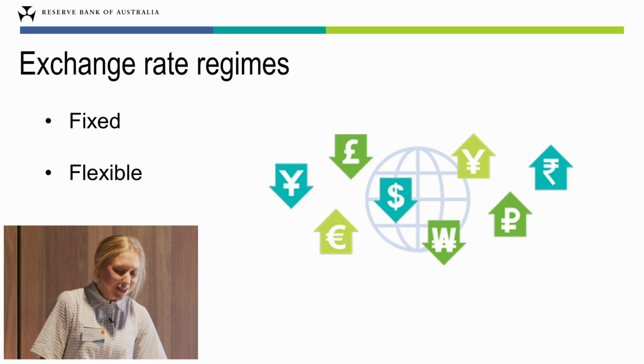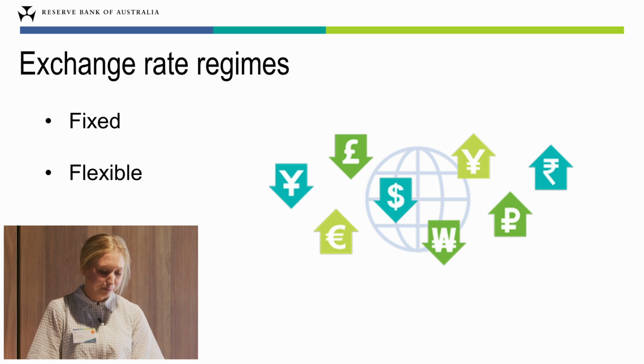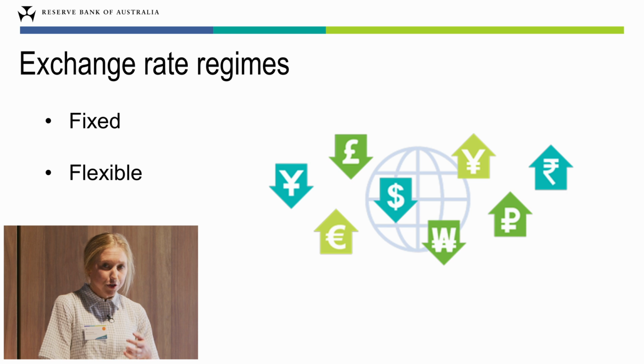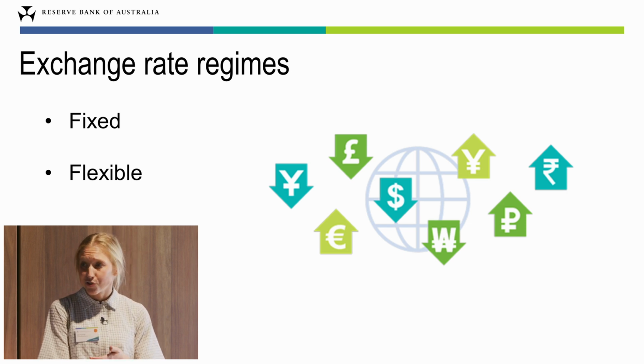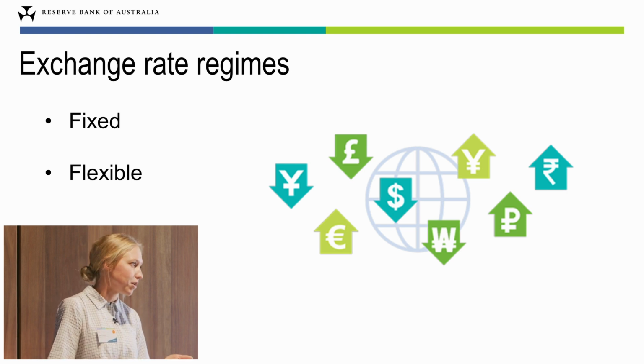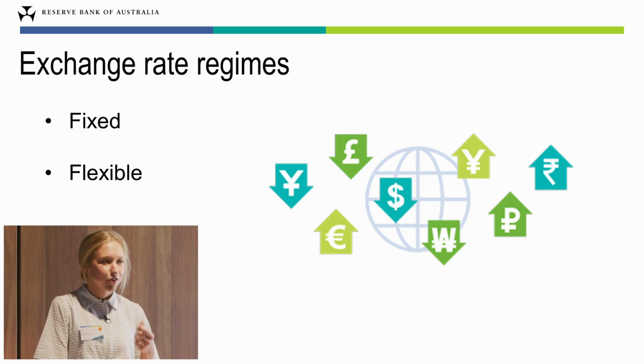At the other end of the spectrum is a floating or a flexible exchange rate regime. Under this regime, the country's currency value is determined by the forces of market supply and demand. The central bank really only intervenes in times of notable market stress or dysfunction. This is the type of exchange rate that's employed by most of the world's major advanced economies. And what it means is that exchange rates are determined by things like interest rate differentials and trade, the global outlook, news, events, speculation, things like that. But again, I'm going to touch on these elements a little bit later in the presentation.